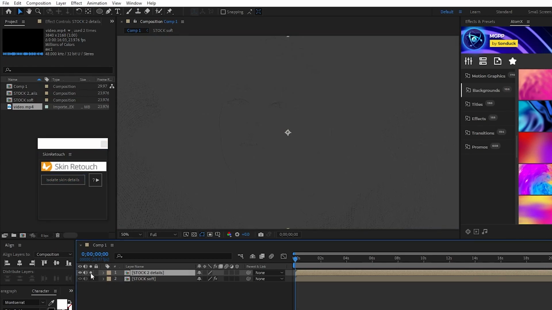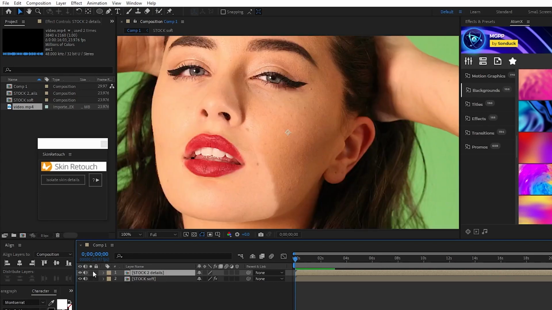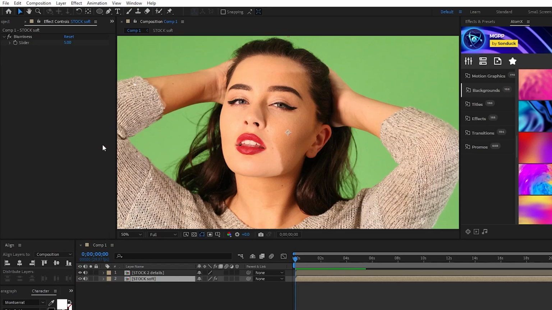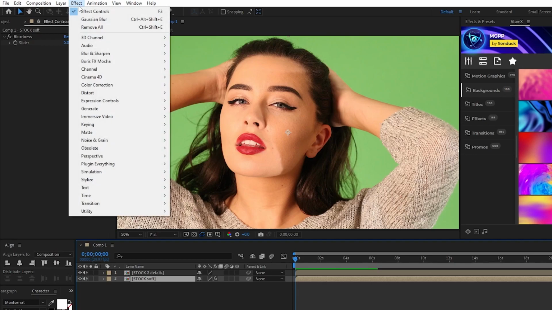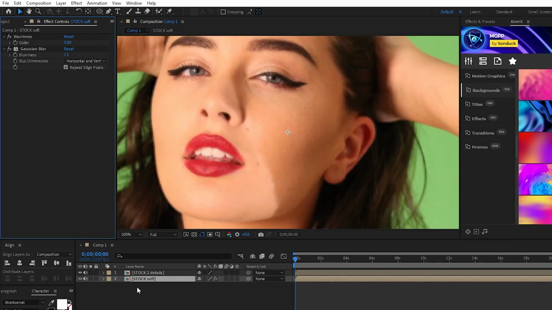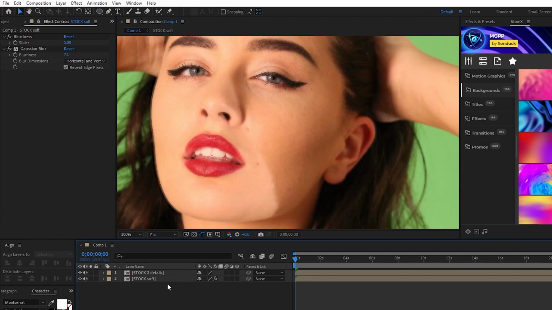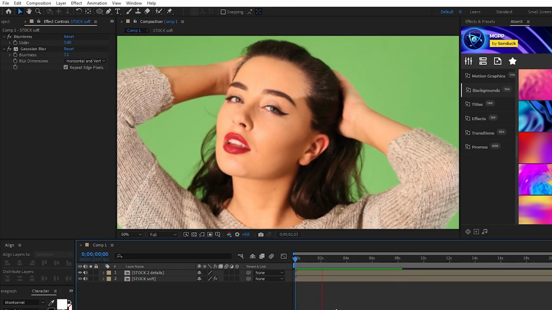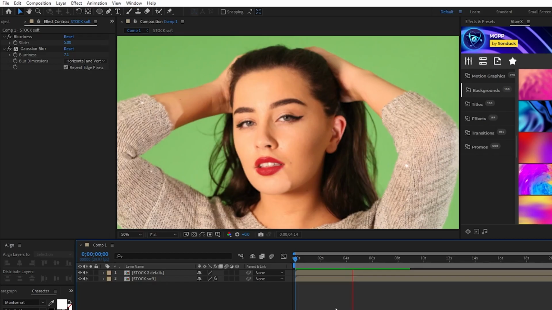If I hide the bottom pre-comp, you can see that it's isolated all of the details of the face layer on the first pre-comp. The script also applies a slight blur by default, but to smooth out the skin a bit more, highlight the bottom layer, go to Effect, Blur and Sharpen, Gaussian Blur, then increase the blur amount by just a little bit. Since the details have been isolated and are on top of the layer we just blurred, it smooths out the skin but still maintains the details of the face. And now you have this nice smooth skin effect on your footage using the Skin Retouch script.